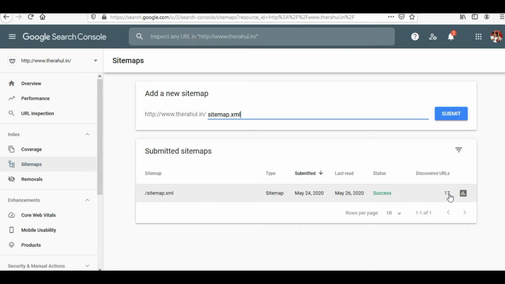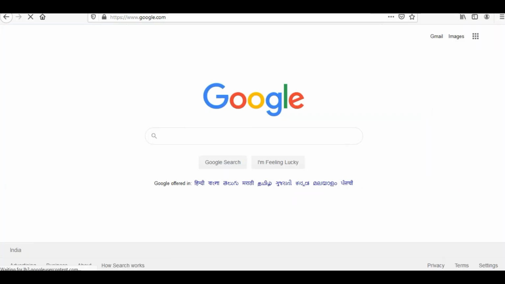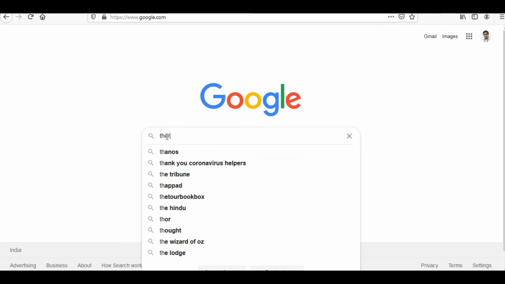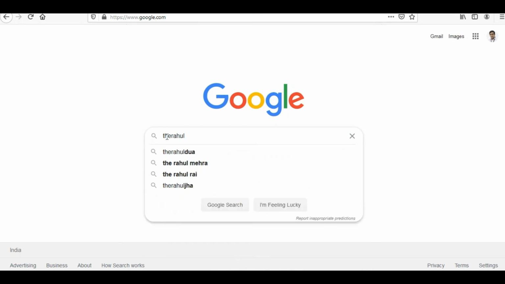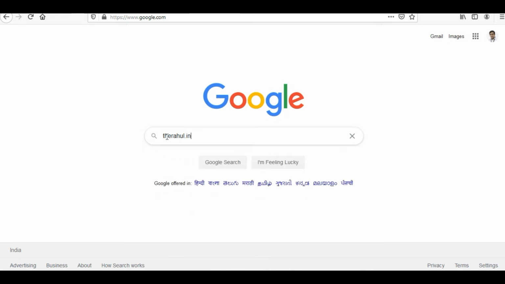Now let me show you what a sitemap looks like and what the benefit of a sitemap is. As I have submitted my sitemap to Google search, I'm in Google now. Over here, I will write my website name along with the top level domain, which is .in, and click enter.